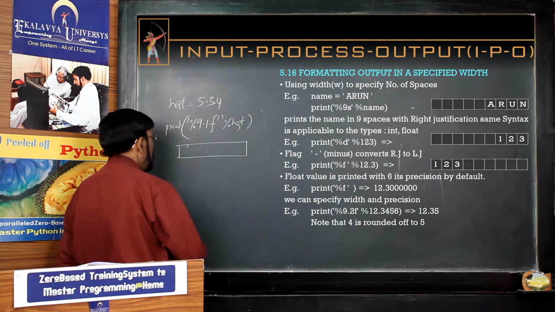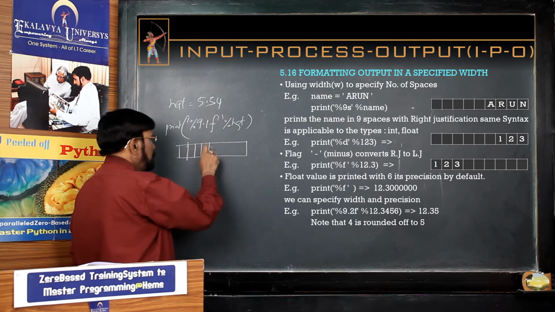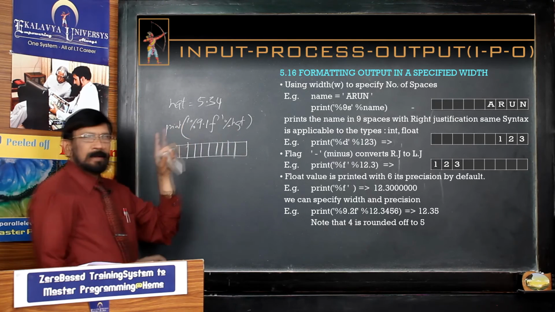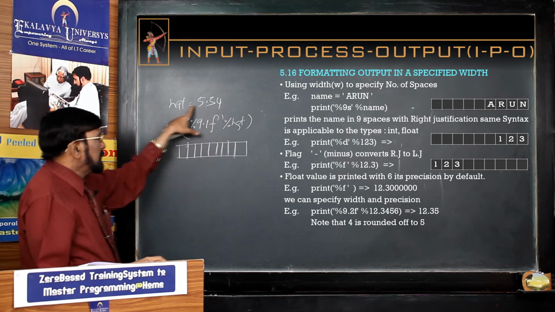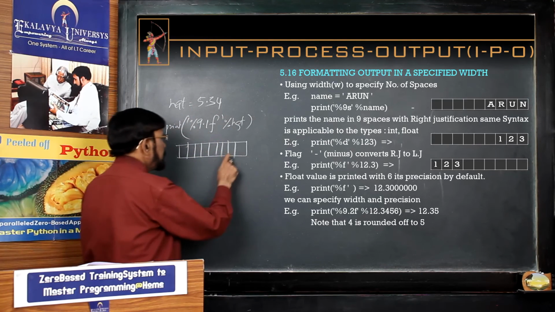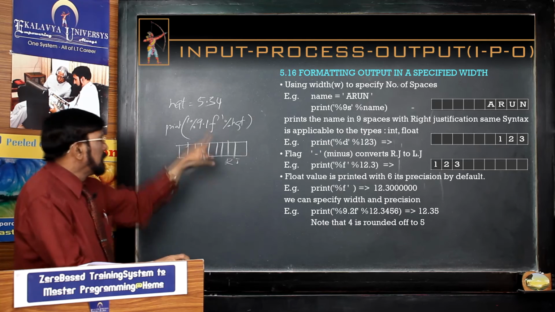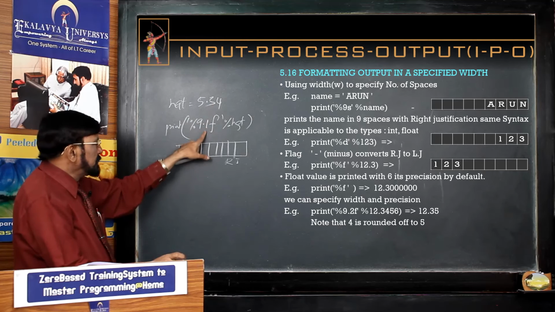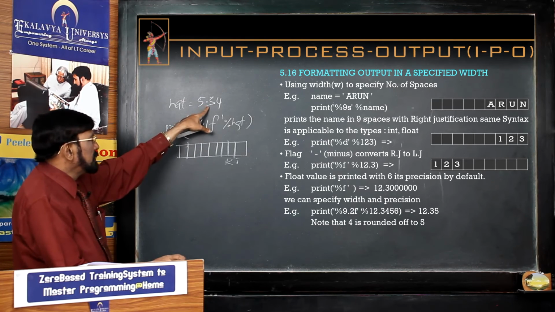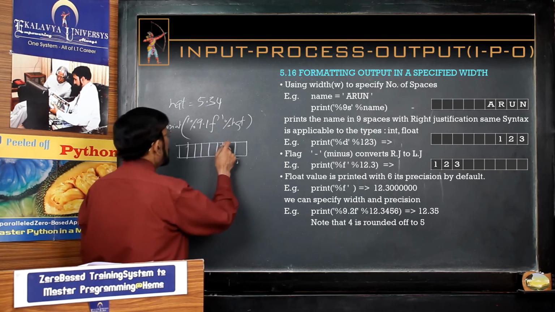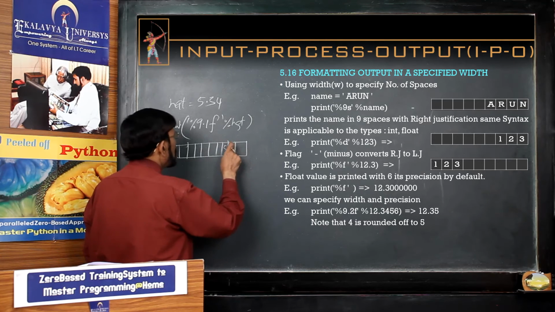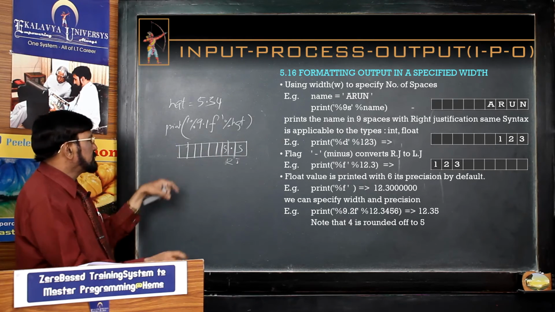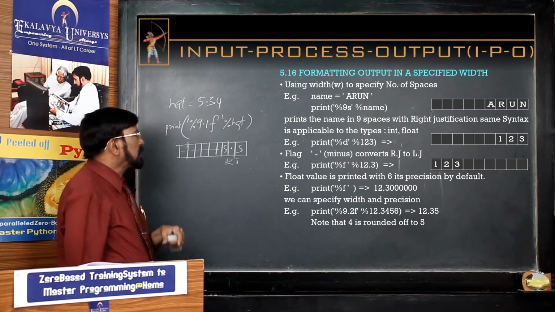1, 2, 3, 4, 5, 6, 7, 8, 9. And the number is printed with the right justification, and precision. 1, actually 2 are there. I want to limit it to 1. Then here 3 is printed. So how is it printed? 5.3 is printed with the right justification. These are the blanks.